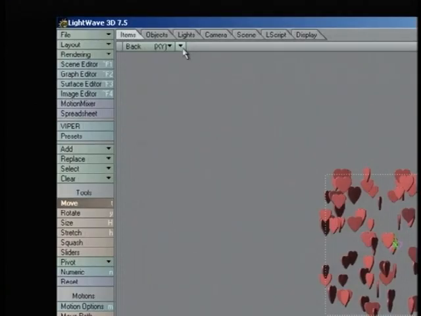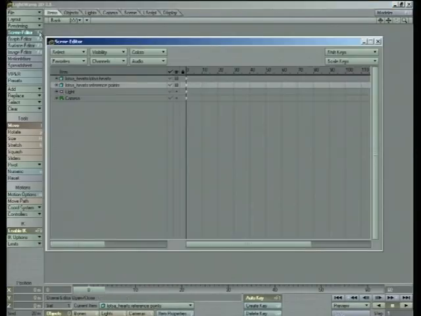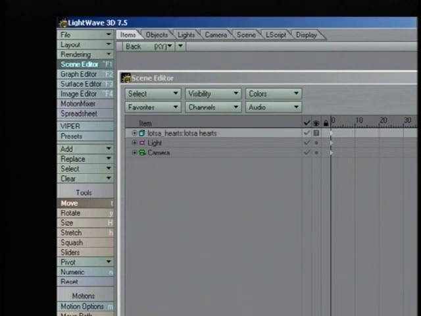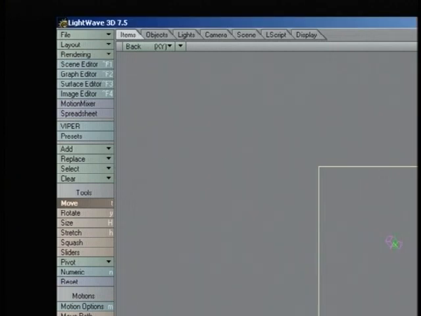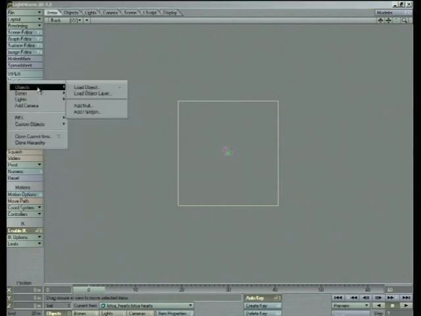The trick is to go and change to bounding box mode, and we don't need the reference points in the scene, so we'll remove them. And here we go, we have a box that's the shape of our hearts. Now we're going to clone this guy twice,